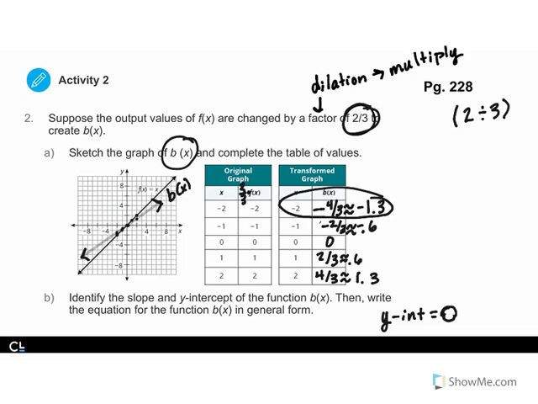Our slope, you guys, I'm going to be honest, is tough with this one. Remember, this zeros are b. You can't really look at that graph to do it because you don't have really any nice points. If you do look at that line on there, that I drew, this is going to be a pretty nice point. So we'll draw that in, and then I'll also show you how to do it from the